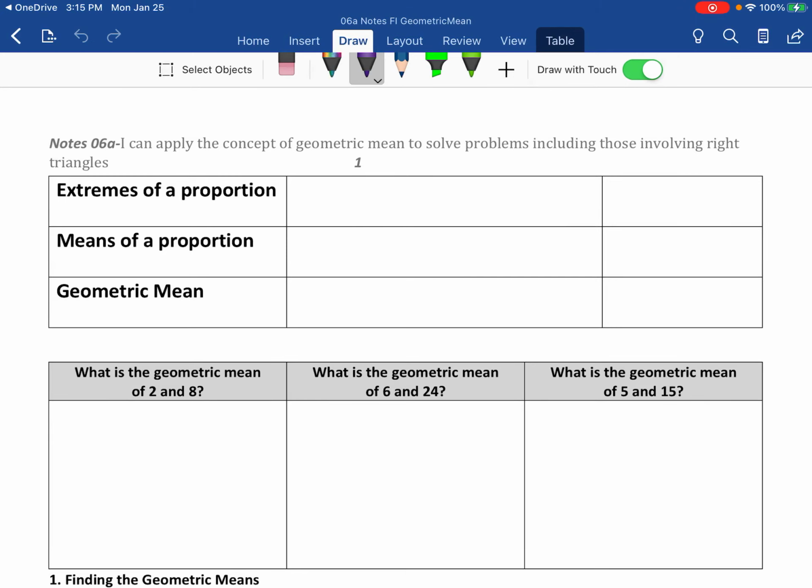Okay, so we're going to start Unit 6. First thing is geometric mean. So you're going to see how this relates a little bit. You don't have to do it. There are a couple different ways to do this. So first thing we're going to talk about is extremes of a proportion, because every proportion has two parts. It has extremes and means. So when I talk about extremes of a proportion, it is going to be the highest